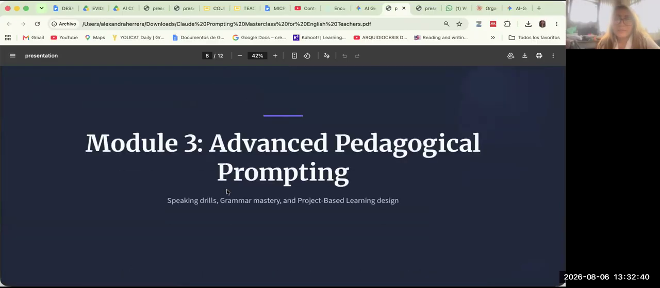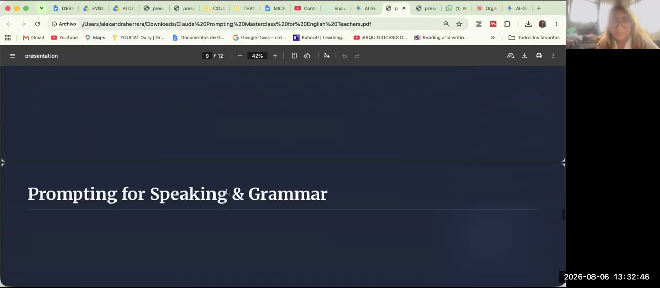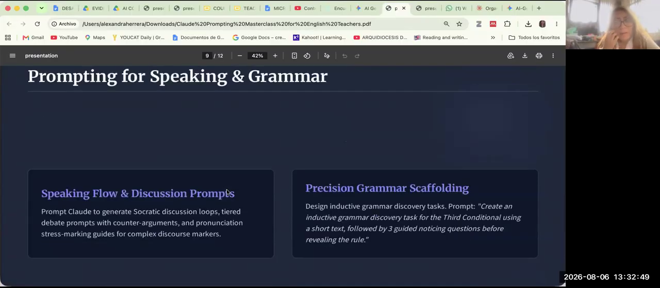So now we have advanced pedagogical prompting for speaking, grammar, and also for project-based learning. For example, we can have a particular text to generate Socratic question loops, tiered debate prompts with counter arguments, and pronunciation stress marking guides for complex discourse markers, and design inductive grammar discovery tasks. Create inductive grammar discovery tasks for the third conditional using a short text, followed by 3 guided noticing questions before revealing the rule. What is the next in this case? The general prompt